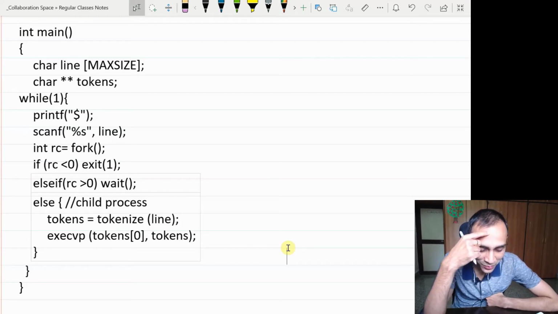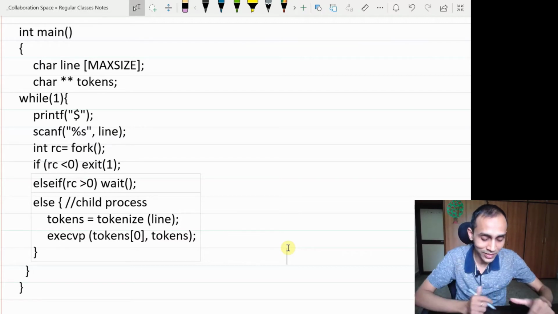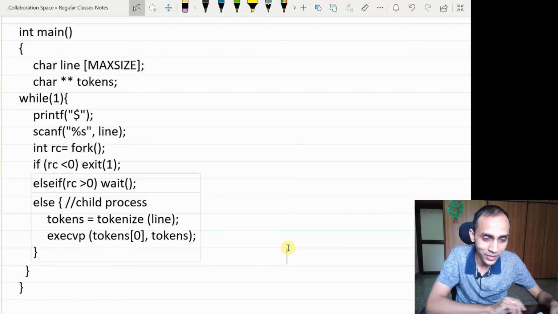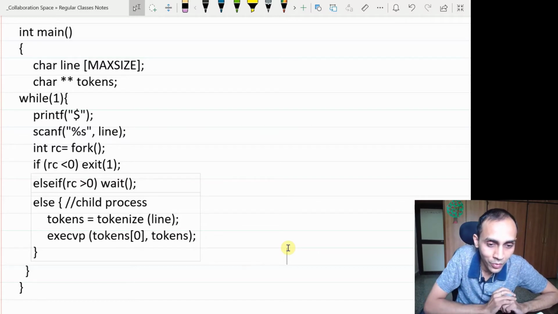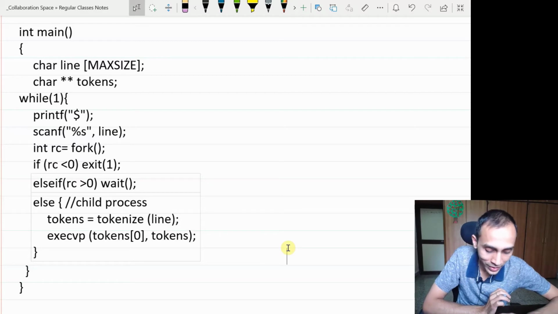Yeah, that is the most obvious reason why we should not call an exec in the parent process itself. Sorry, that should have been the first reason to come to my mind. The problem with exec, as you have seen, is that it takes the new command's executable and overwrites the current code. So if you do it in the parent process itself, then your shell program will no longer be running.